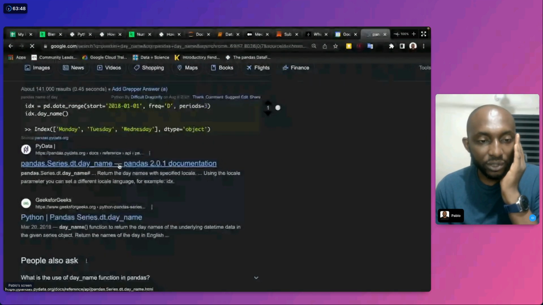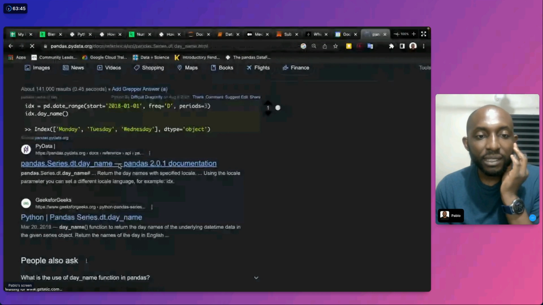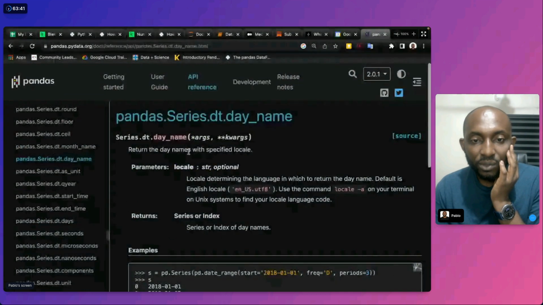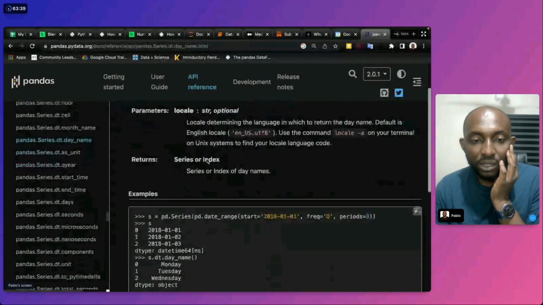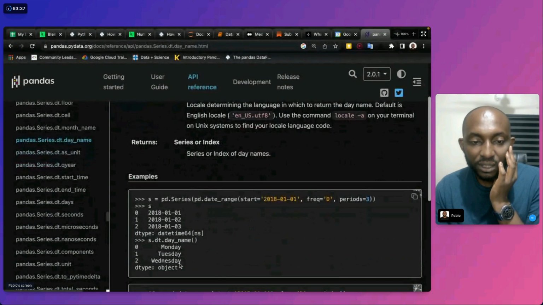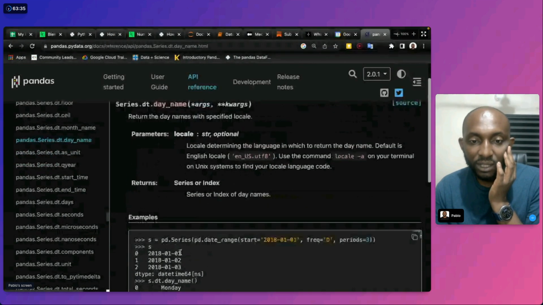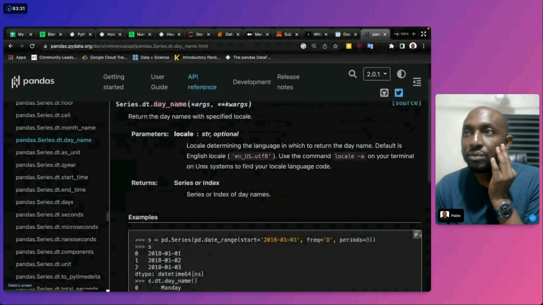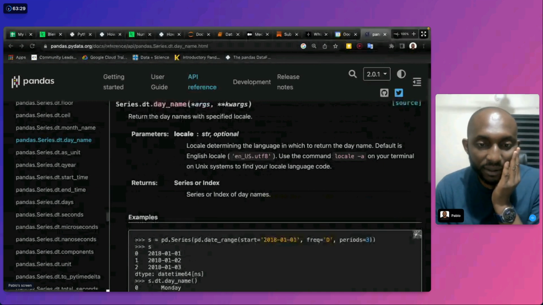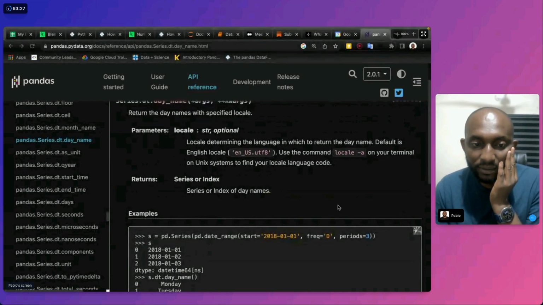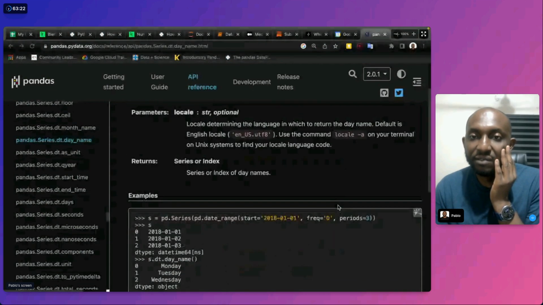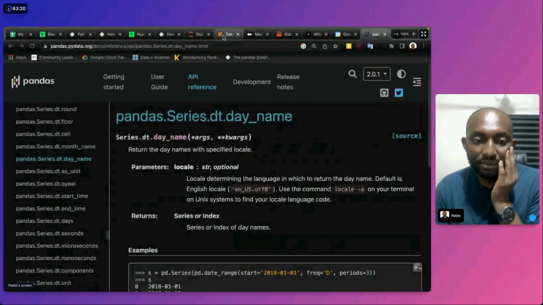So what that does is that it returns the day, with a specified locale. So if you use that, it's going to return this. See that? So with that, you can basically look at any code you have created depending on the date, and then find that very date.